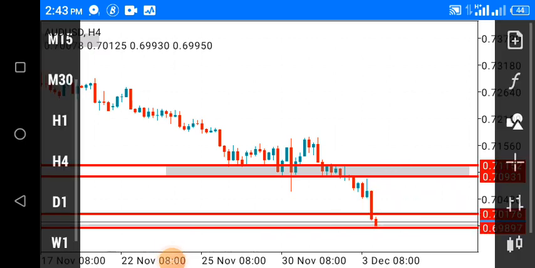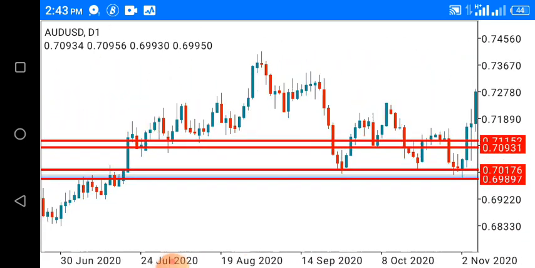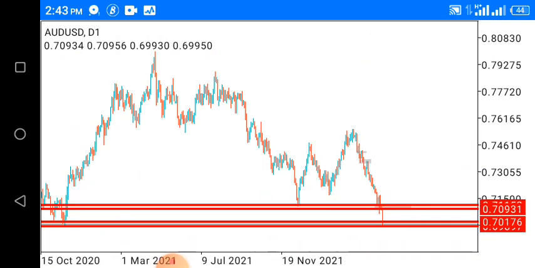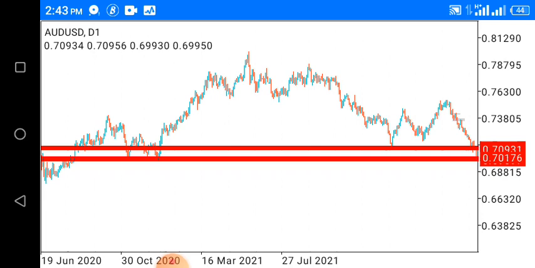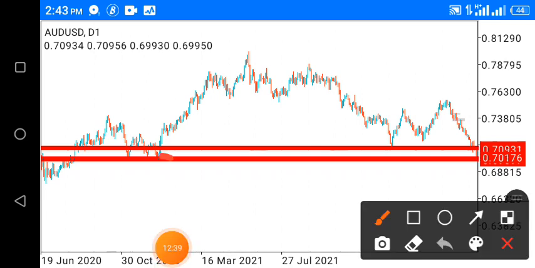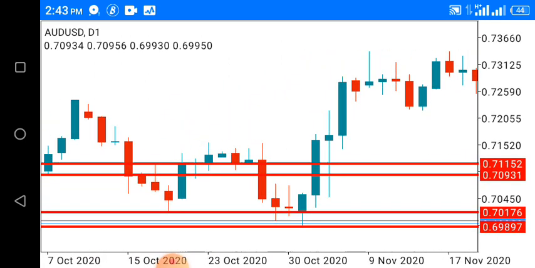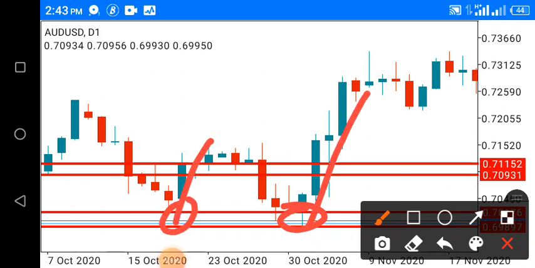So what I did was to go to the higher time frame and try to look at a structure that can bounce the price up, that can make that counter trend occur. And I looked at this point and I saw that we had some bounces around that area. Let me zoom that out so we can see. You see, this area we had a first bounce here, a very strong one. We had another one here, a strong one there.